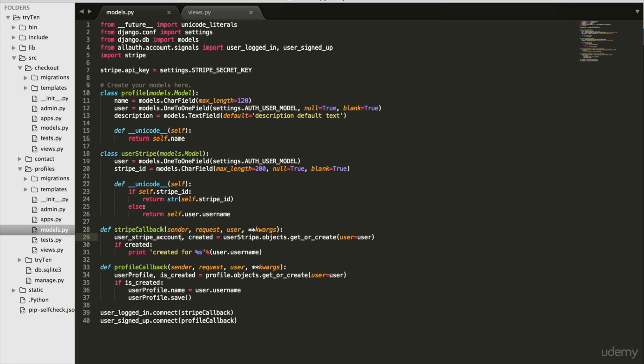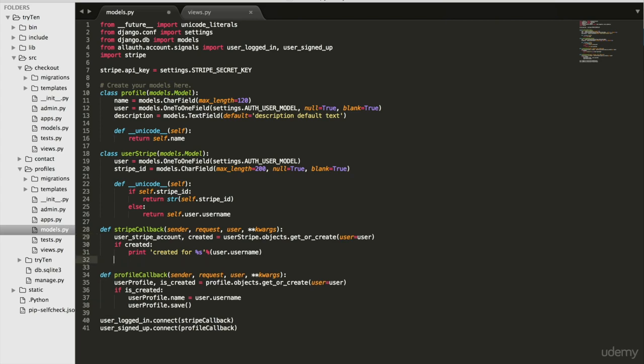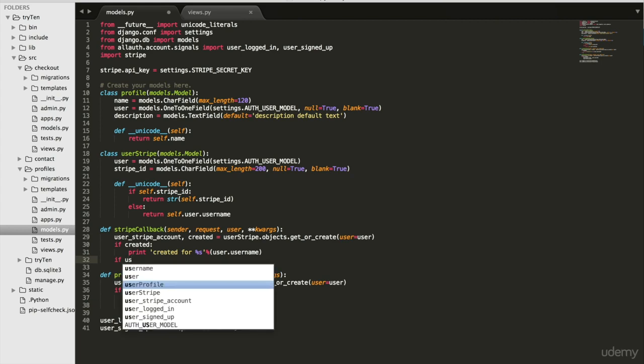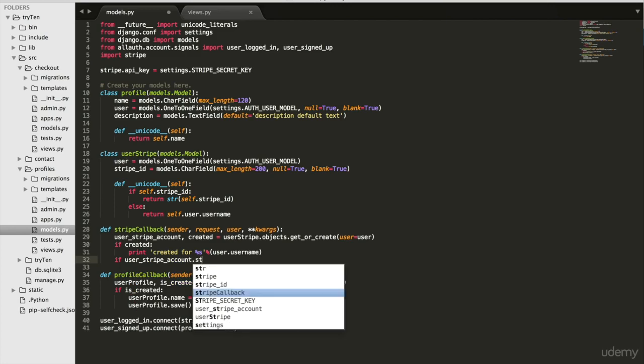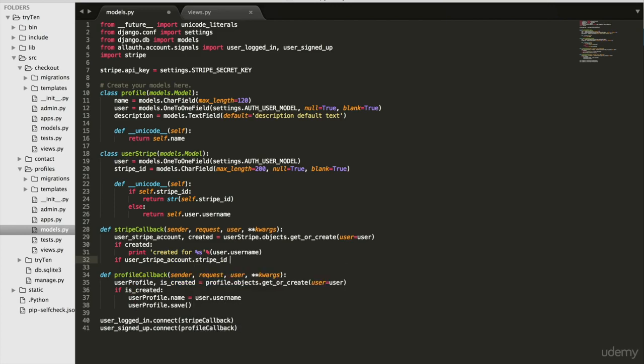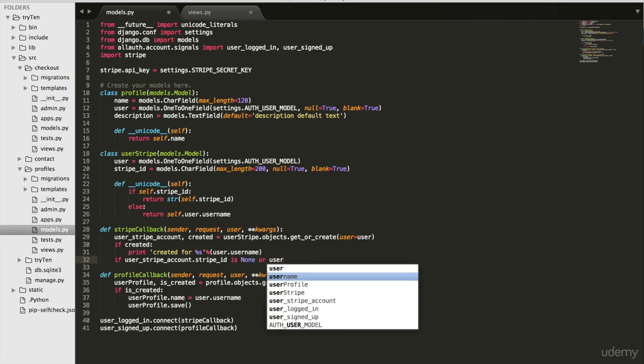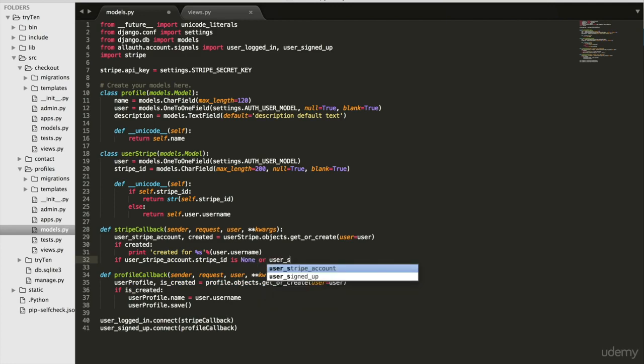On line 32, type if user Stripe account dot Stripe underscore ID is none, or user Stripe account dot Stripe ID equals an empty string,